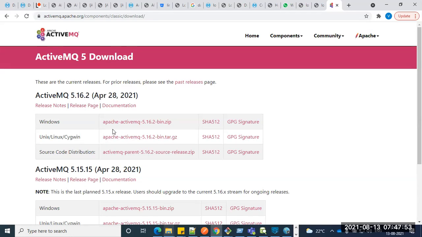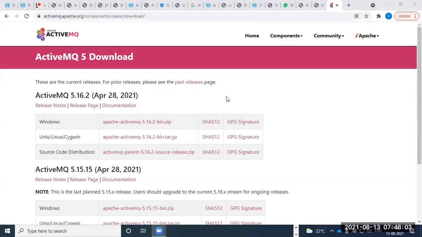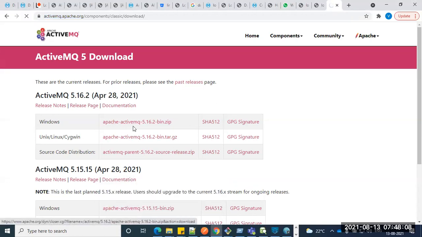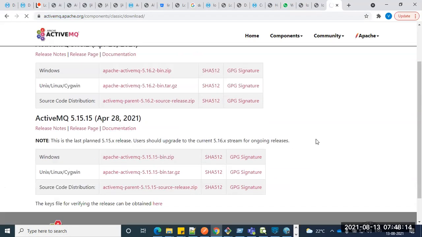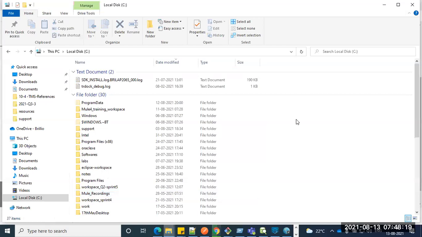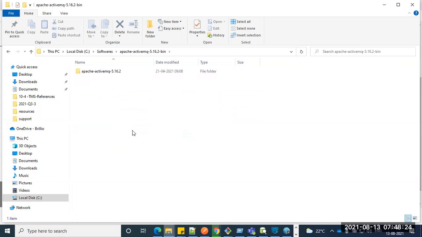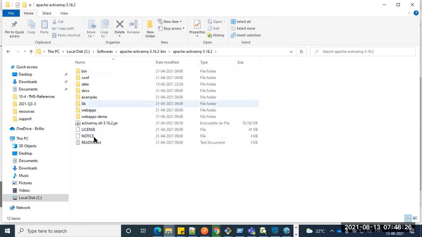So it's not installable actually. It's zip content. Just download it, Apache ActiveMQ. I'm just keeping it in the chat. Try to download this one. Once you download this one, just click here. It will download Apache ActiveMQ. The latest version is 5.16. Okay. So once it is downloaded, what you have to do is just unzip it. You can see the content that is there.